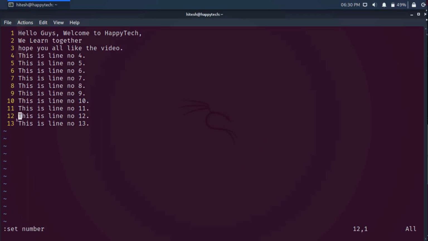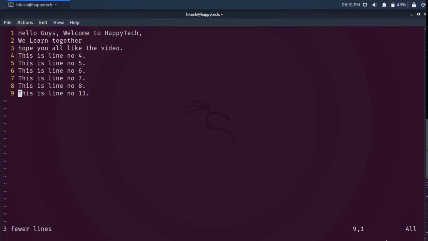Now we will learn how to cut, copy, paste in VI editor. To delete, or we can say to cut, we use the dd command. By typing dd, the line will be deleted. So I will type dd on line number 11. Now you can see line number 11 is deleted. Now if I want to delete n lines, for deleting n lines, I will use n followed by dd, like 3dd. So now all the bottom 3 lines are deleted.